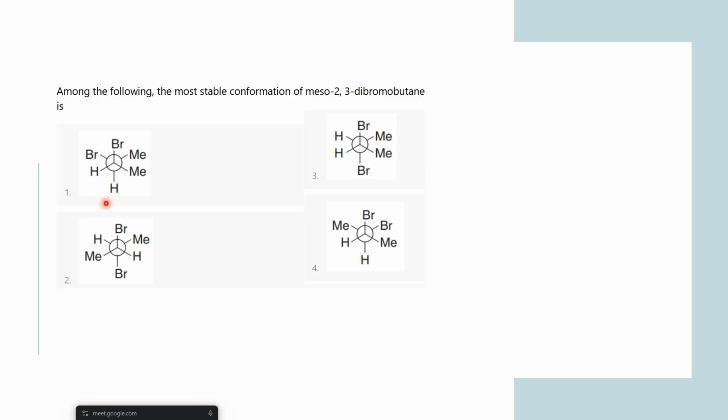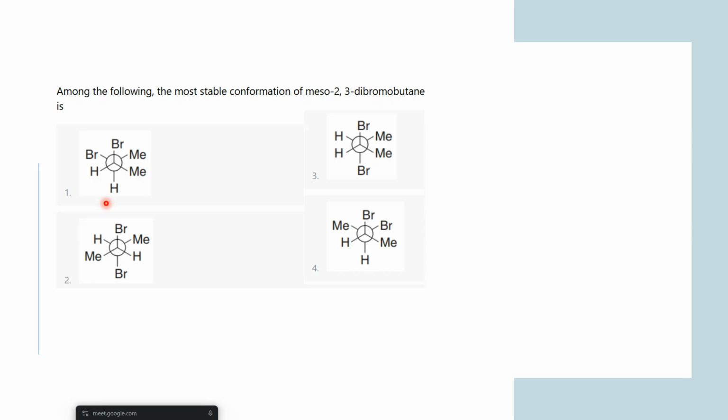Now, let us move to the next question. Among the following, the most stable conformation of meso 2,3-dibromobutane is. So, in meso 2,3-dibromobutane,